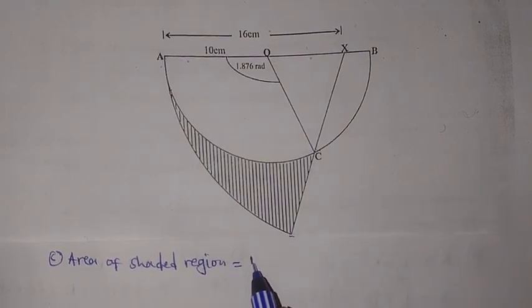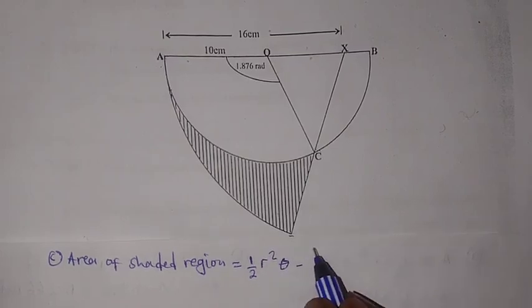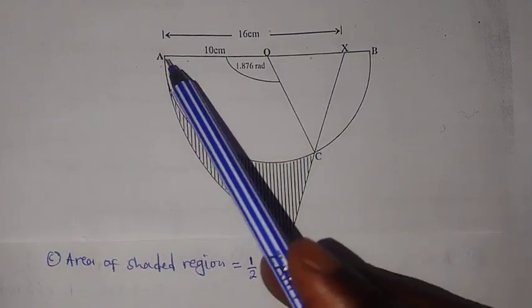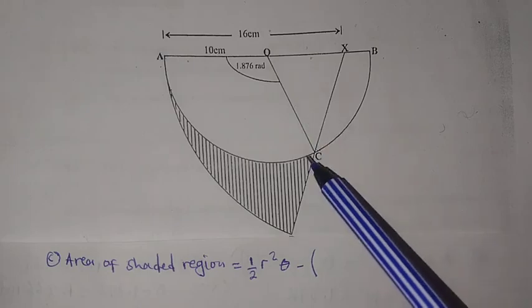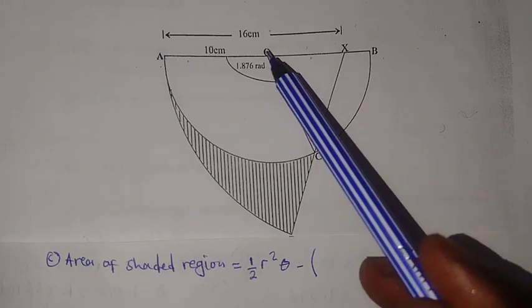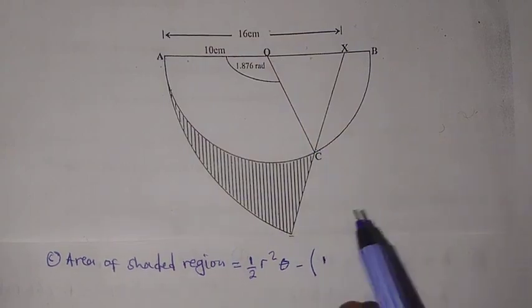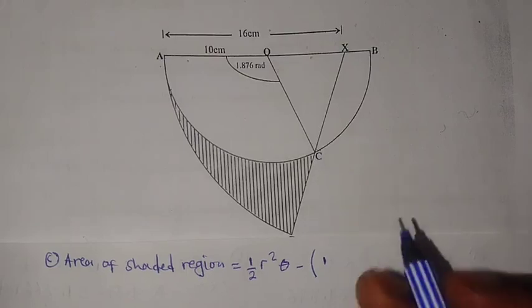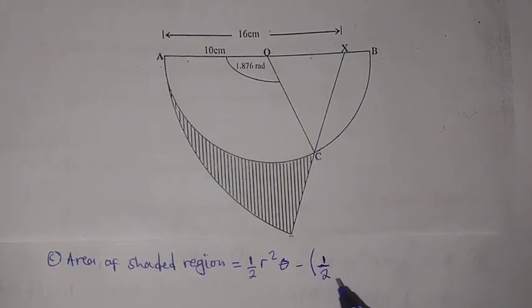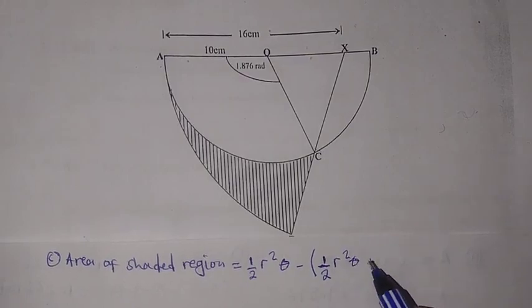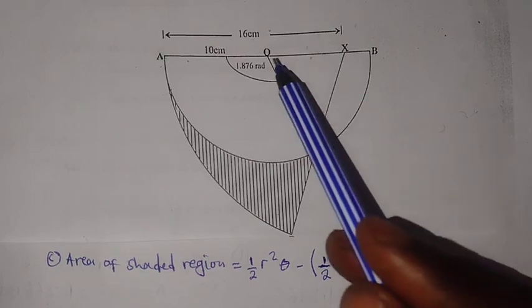So the formula will be half r squared theta minus the area of this sector AOC, which is also half r squared theta, plus the area of this triangle,